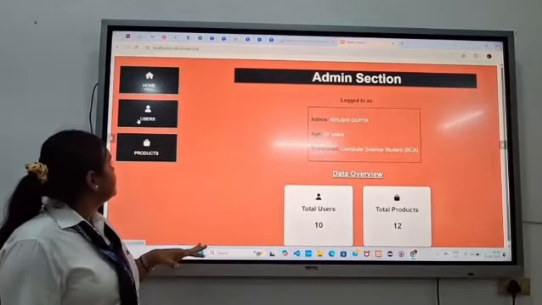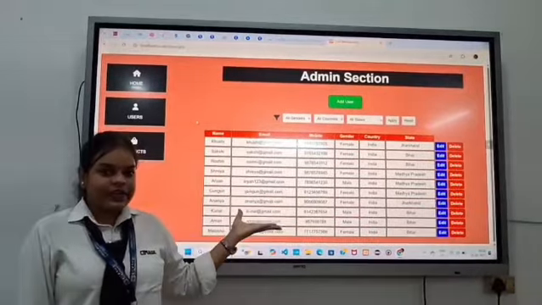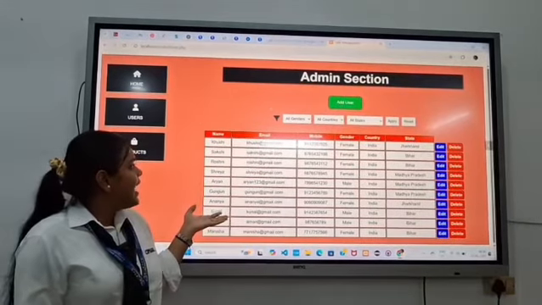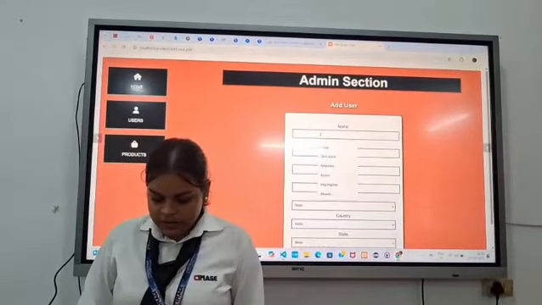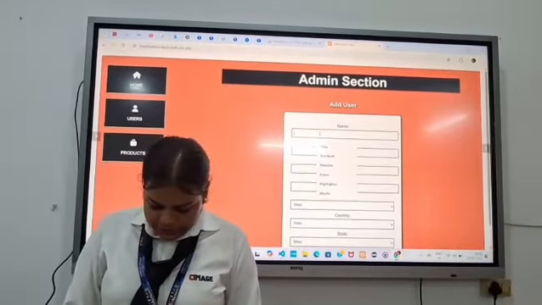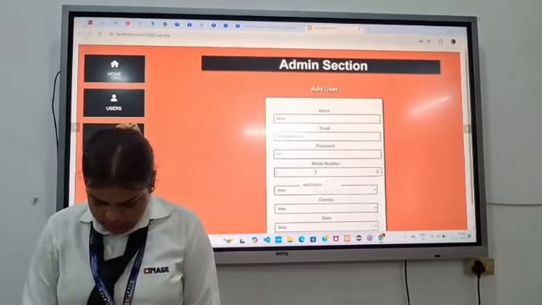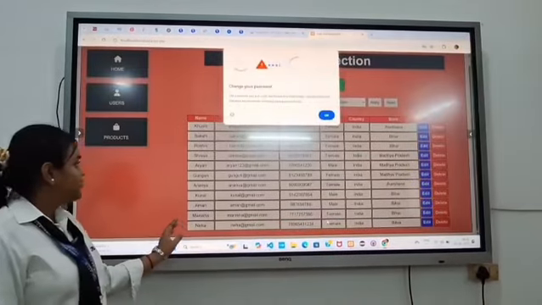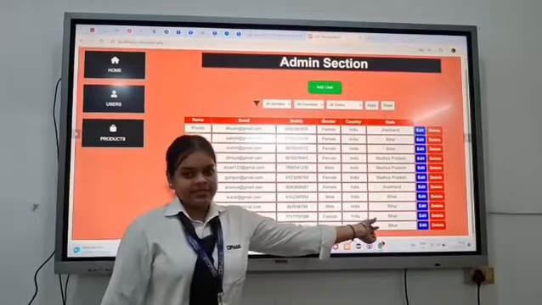Now I will show you how this is a CRUD application, which means create, read, update, and delete. So here we will create a new user, it will ask for a form. Let's say we will give a new entry. Now you can see that we have added a new user. The particular user gets added as a new user.